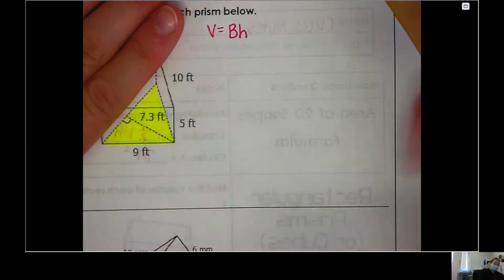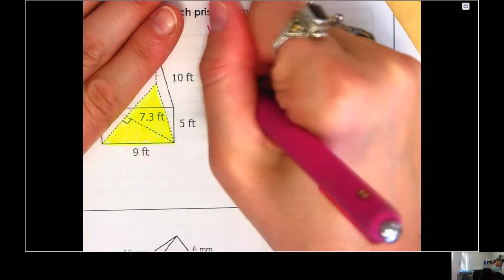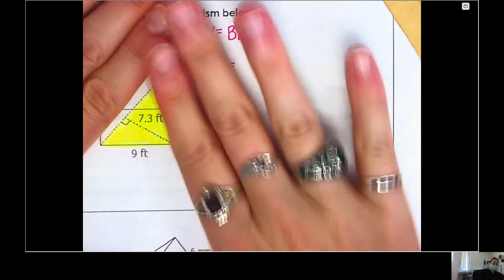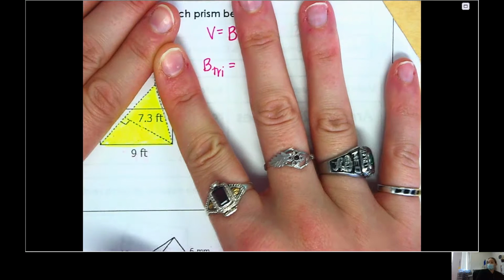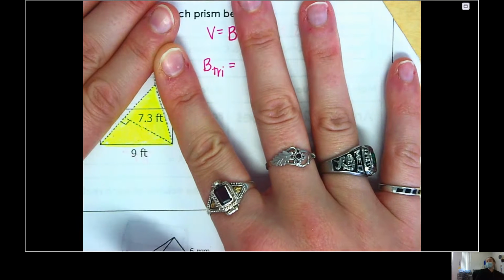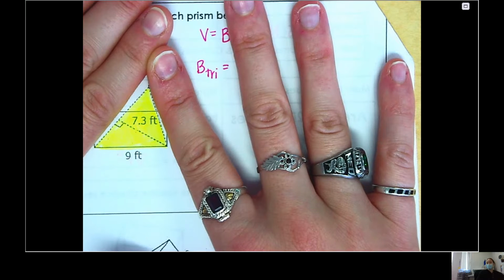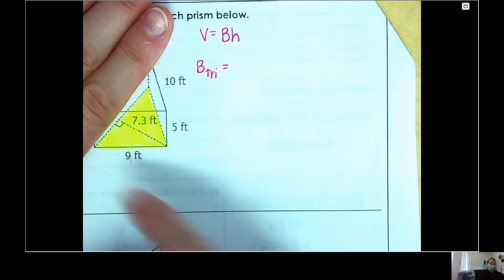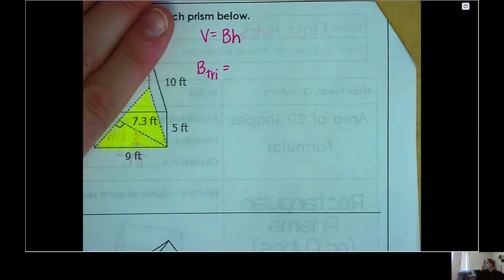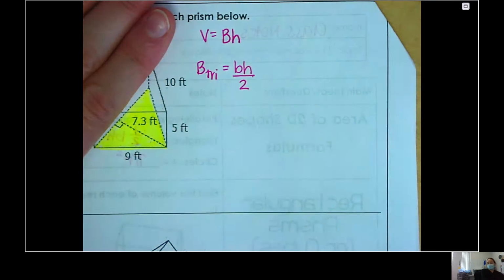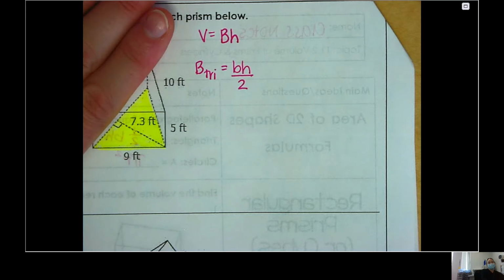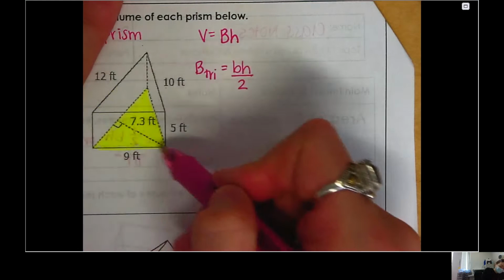Okay. How do I find the area of a triangle? What's the area of a triangle? Look back at the 1/2 base times height, or base times height divided by 2. So I'm going to take the base and the height of just this yellow triangle and then divide it by 2. So ignore everything else, just look at that. Base times height divided by 2. Or like Katya said, you could do 1/2 base times height. Now, if you're looking at just this triangle here,